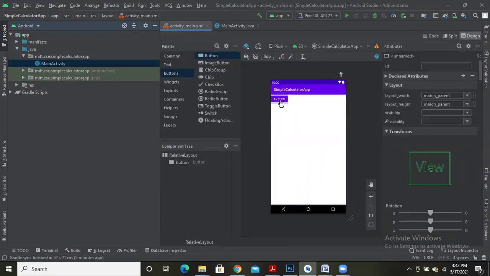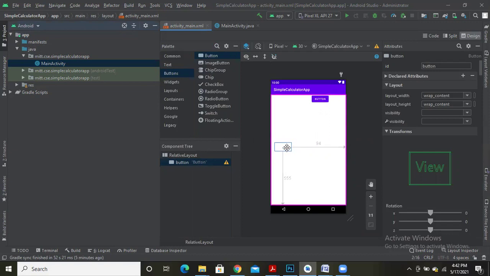So a button is not going to move with respect to the horizontal or vertical. So let me drag this circle to the end, which makes the component movable towards horizontal, but not vertical. So to make this button move vertically, let me drag this circle and bring this to the bottom. Now this button is movable towards horizontal as well as vertical, so that I can place this button wherever I want.